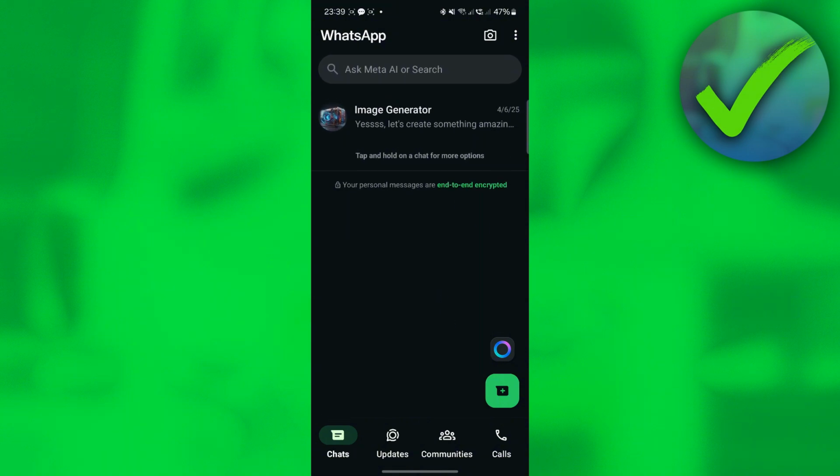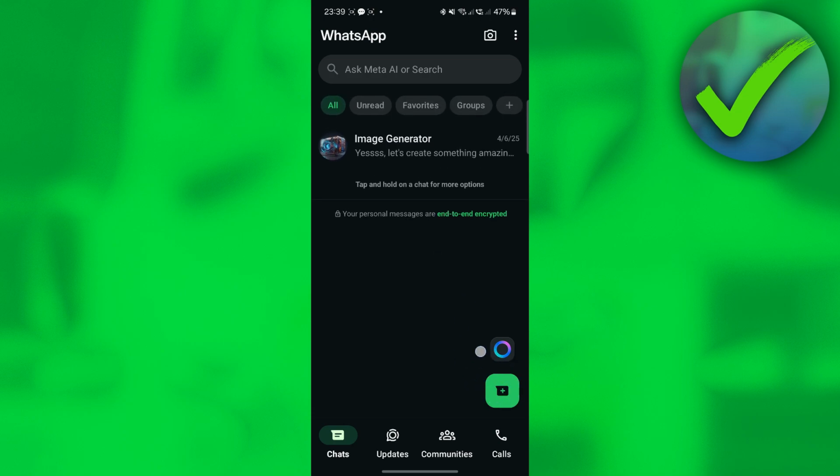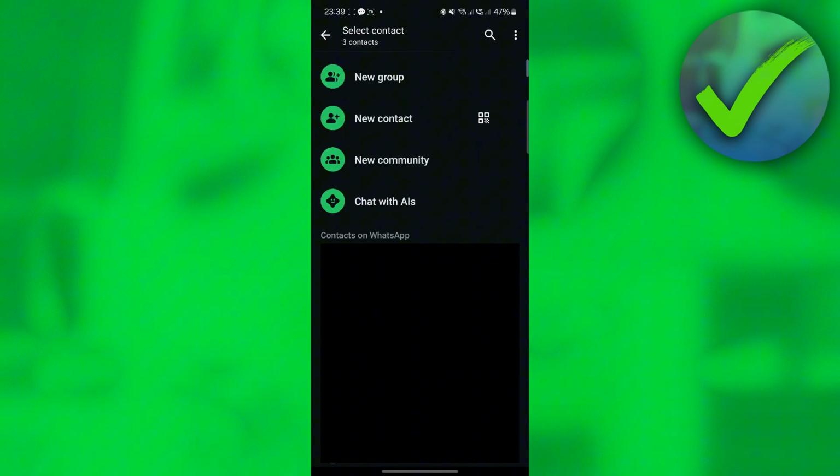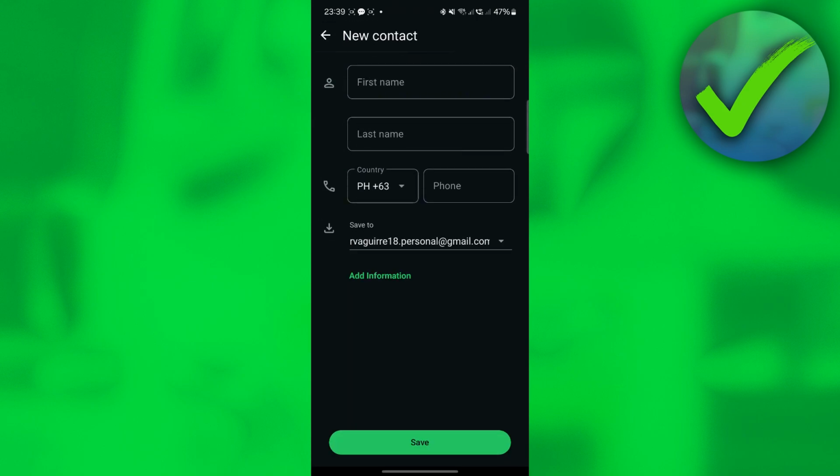And then the next thing that we need to do is to go here on the bottom right corner of the screen and then click this plus icon. Once you do that, you will be redirected right here. Now, the next thing that we need to do is to click this new contact. So just click new contact and then you will be redirected in this part wherein we can add a new